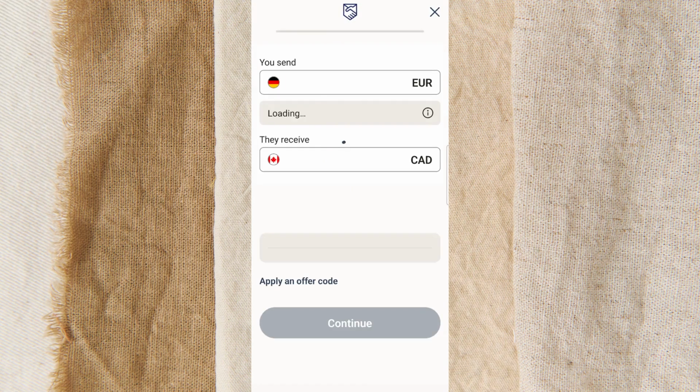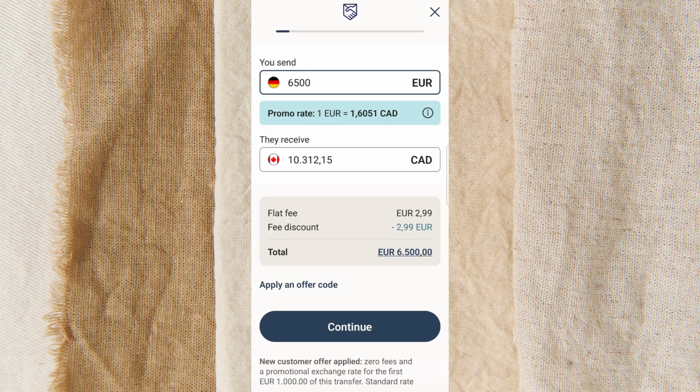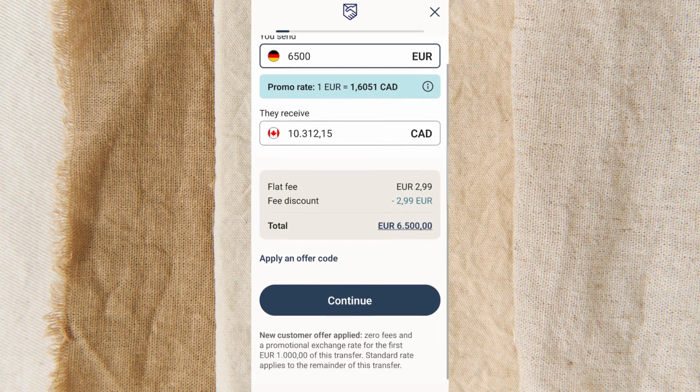Make sure everything is entered carefully and accurately, since even small mistakes can delay the transfer or cause issues with delivery. Next, enter the amount of money you want to send. Take a moment here to review the exchange rate and any fees shown on the screen so you understand the total cost before moving forward. This is a good habit whenever you send an international transfer.